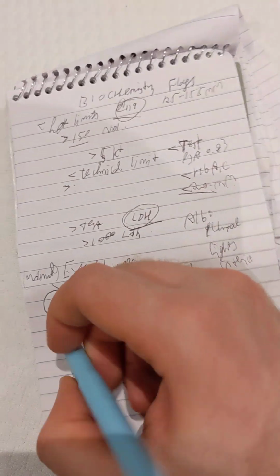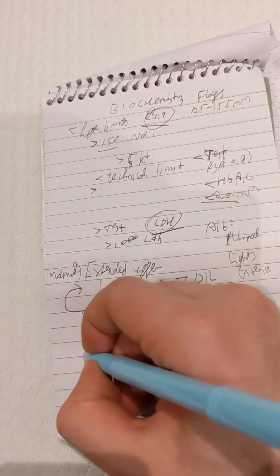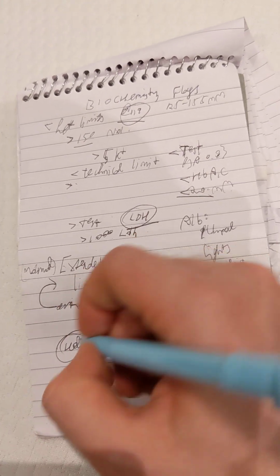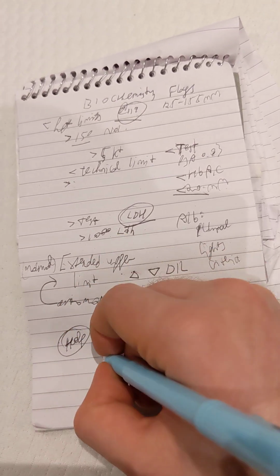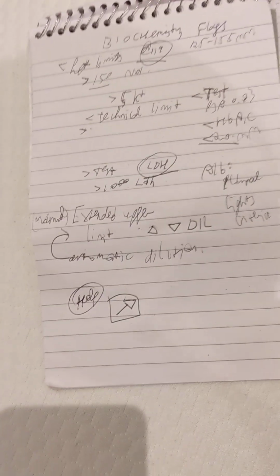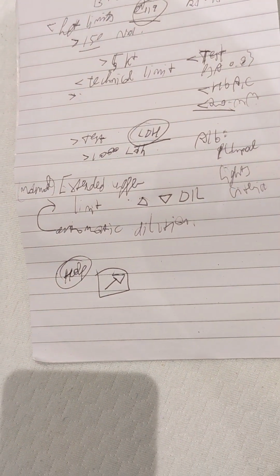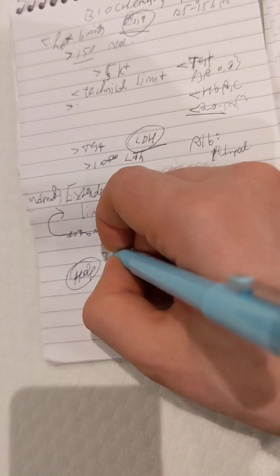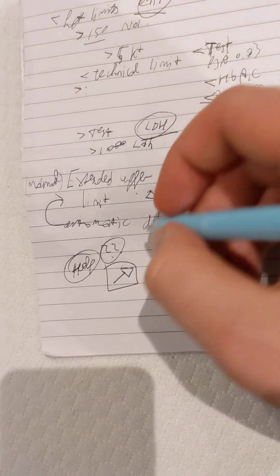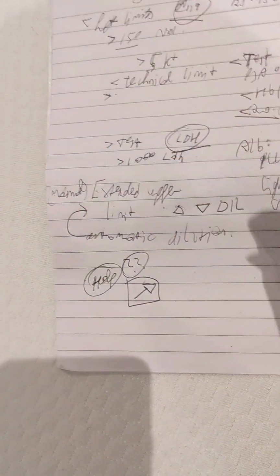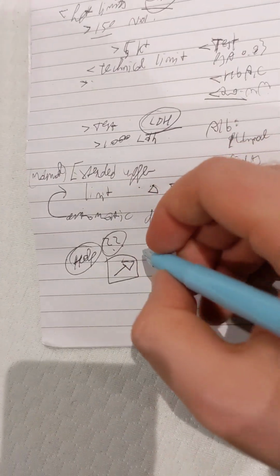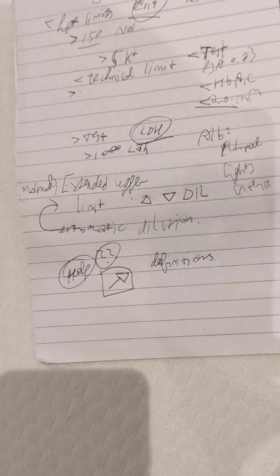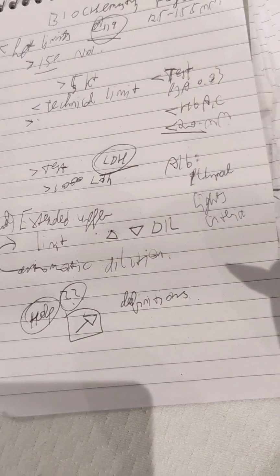The Roche Cobas analyzer has a help icon near the stop button. So not this one with the arrow, because that doesn't take you anywhere. That just makes the arrow kind of freeze. There's a help screen. There's a help button, and it gives some definitions of the meanings of the biochemistry flags,